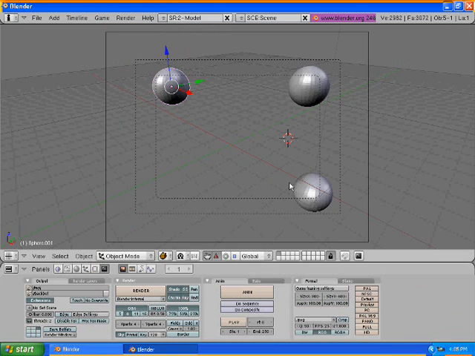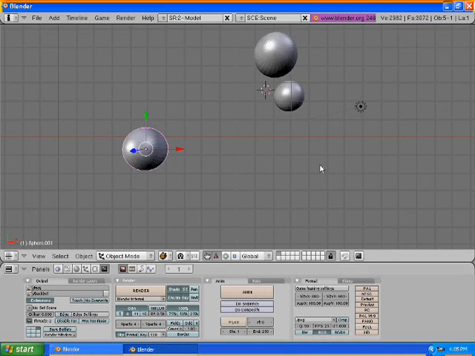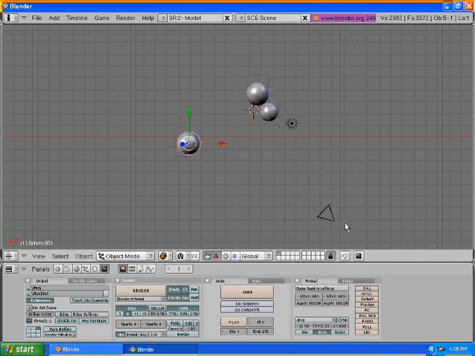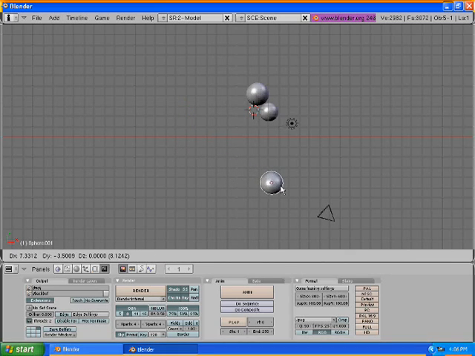It's important to remember that this is in 3 dimensions. So for example, if I hit 7 and look at the top-down view, and then since I can't see my camera, I have to zoom out by hitting the minus button, we'll see that there's a depth to this too. If I were to hit G and grab this object and put it right in front of the camera,